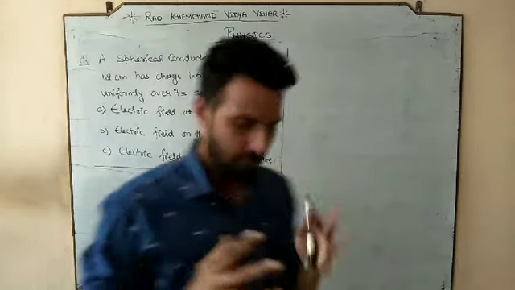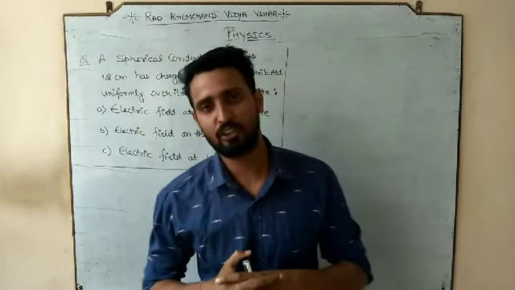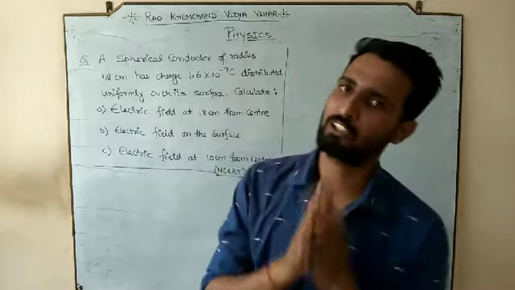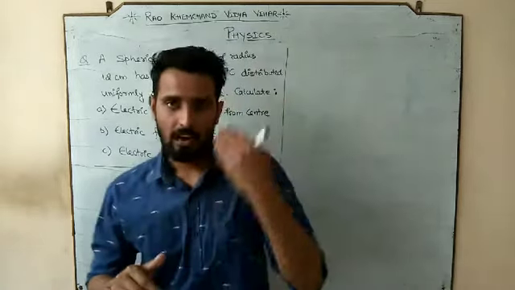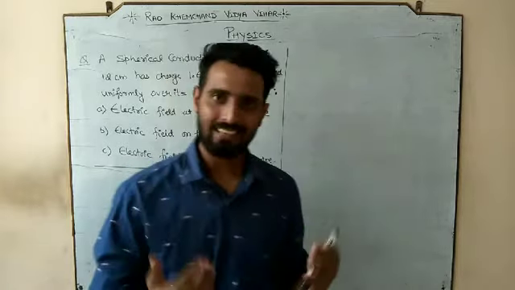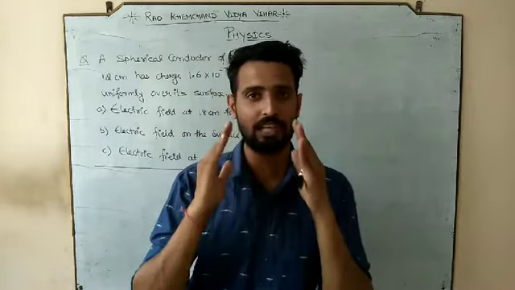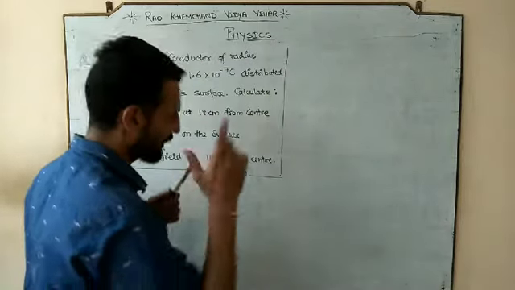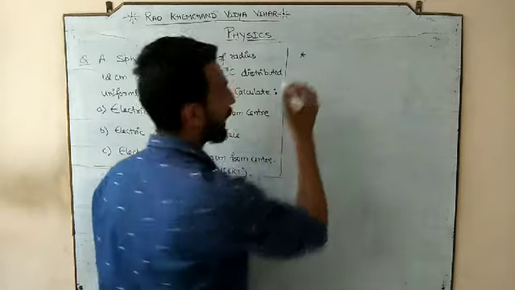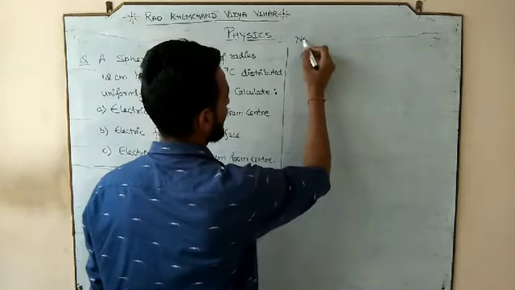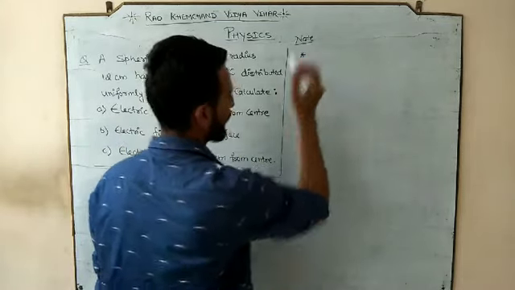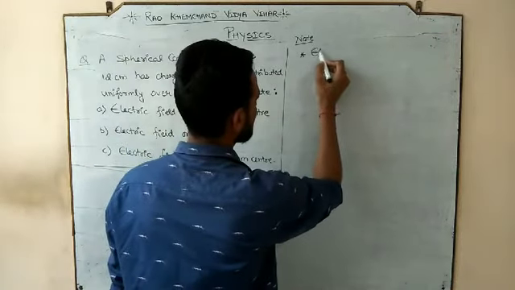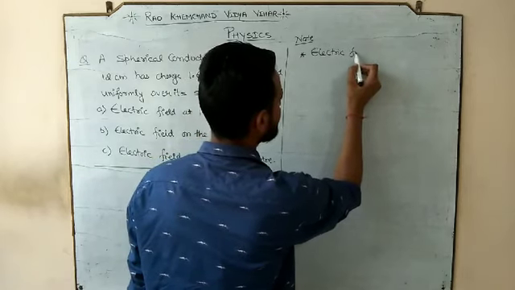Okay everyone, we have done the third application of Gauss's law, which was the electric field due to the spherical shell. But we have only done the derivation. So what are the conclusions that we got from that derivation? We are going to note everything down. So first of all, these are the important notes. The first important thing that we got is that the electric field